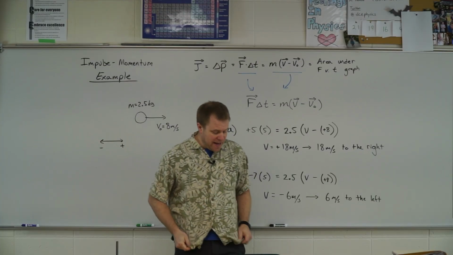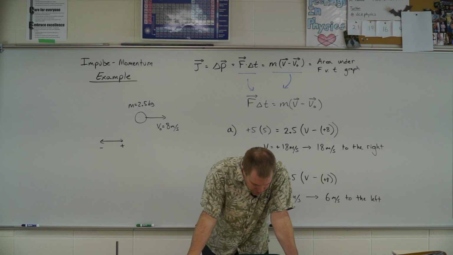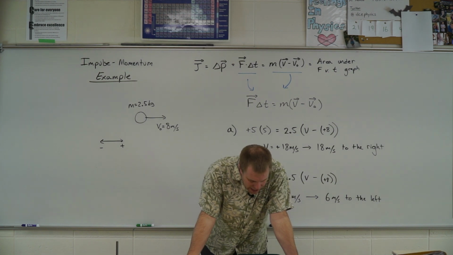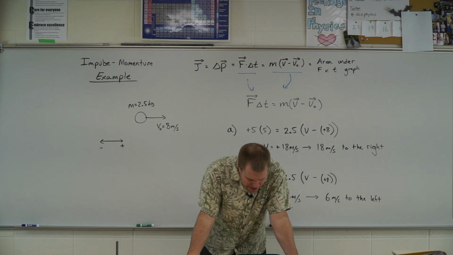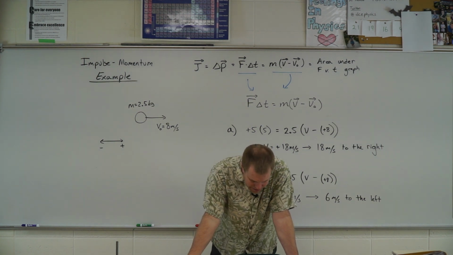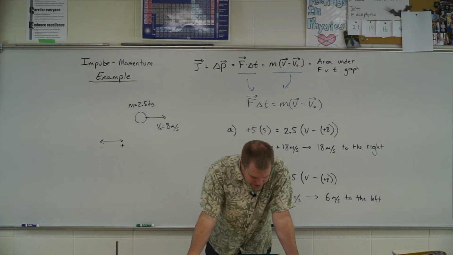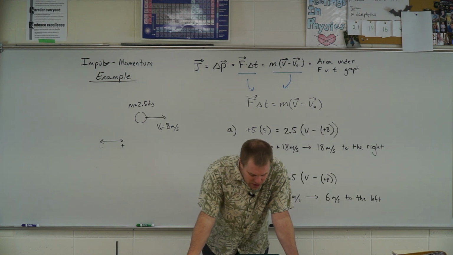Right, so we're looking at that example question, so let's go ahead and take a read of it. A block of ice with a mass of 2.5 kilograms is moving on a frictionless horizontal surface. At t equals 0, the block is moving to the right with a velocity of magnitude 8 meters per second. Calculate the magnitude and direction of the velocity of the block after each of the following forces has been applied for 5 seconds. A force of 5 newtons directed to the right and a force of 7 newtons directed to